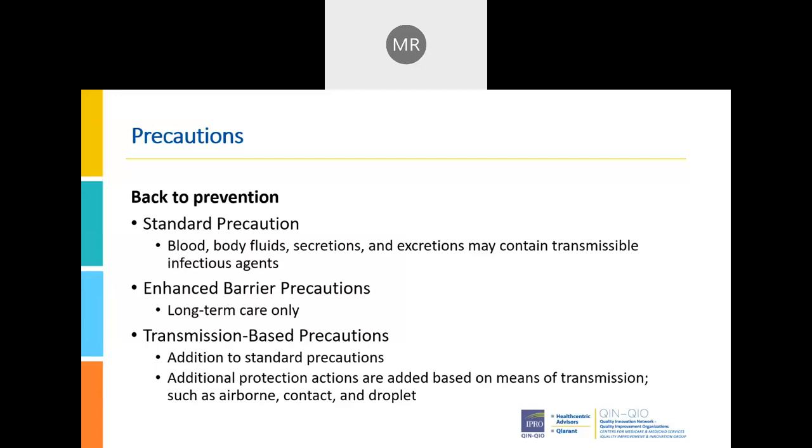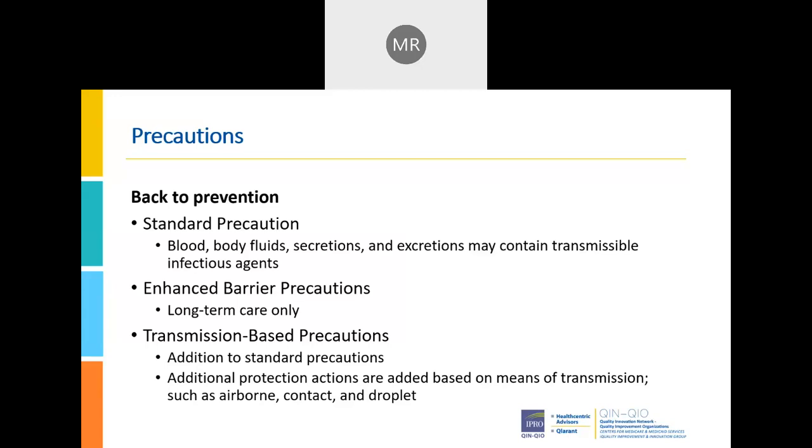And then additionally, if somebody has an organism that could be at risk for others, we put them on enhanced barrier precautions to prevent the spread to others. So there really are two different ways of looking at enhanced barrier precautions. It's protection for all. And I know that there could be a lot of questions around enhanced barrier precautions. It is a newer process that you're using in your buildings. We don't have a lot of time to talk about it today. I will put my email in chat, and you're welcome to email me